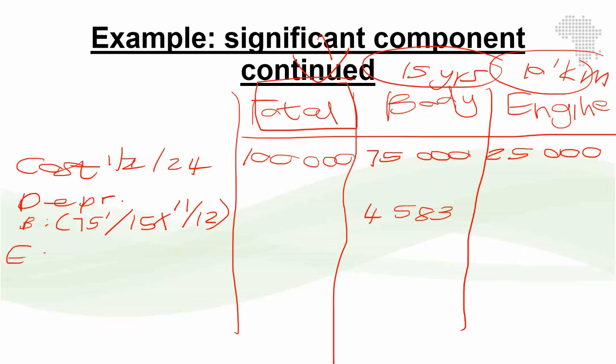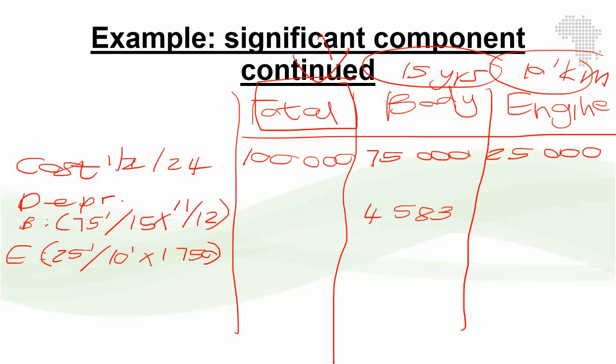The engine's depreciation is calculated based on kilometers traveled. So once again, we take the depreciable amount, which is 25,000, my apologies, it is told to us the cost of the engine was 25,000. There's no residual value. The question said that the total useful life is 10,000 kilometers. So that engine can travel a total of 10,000 kilometers. And then what did we travel for the year? The question said the truck traveled a total of